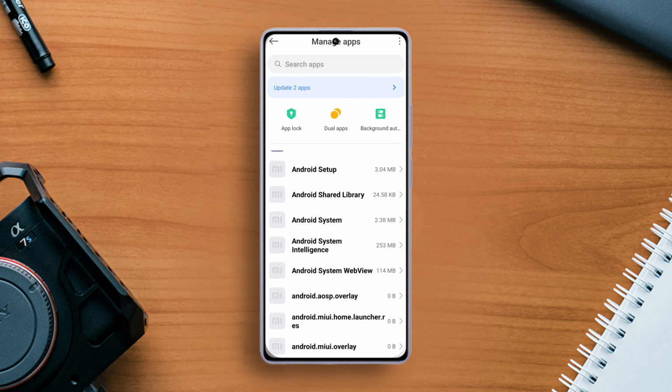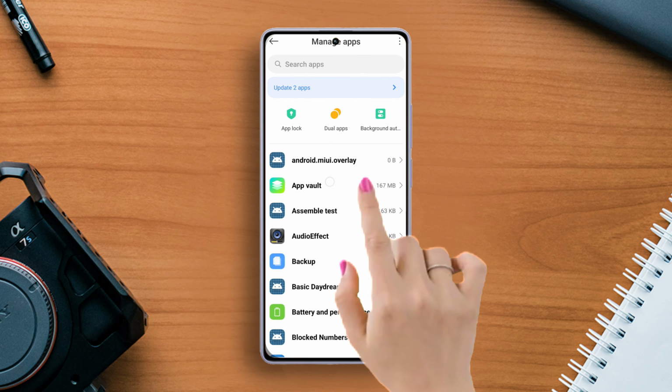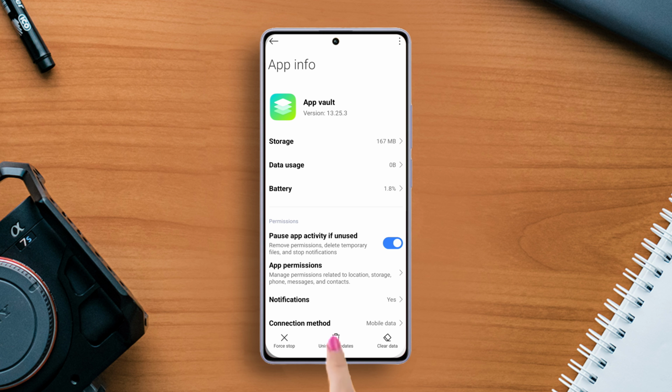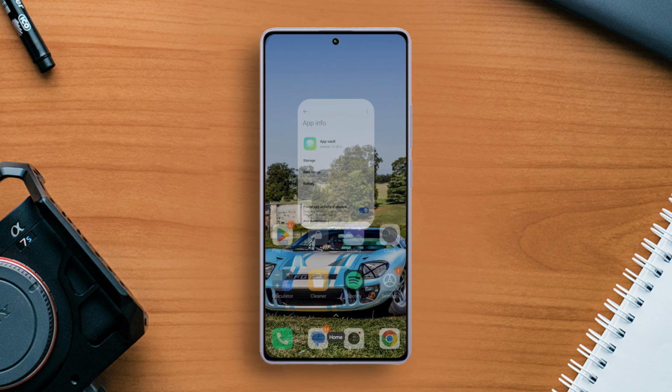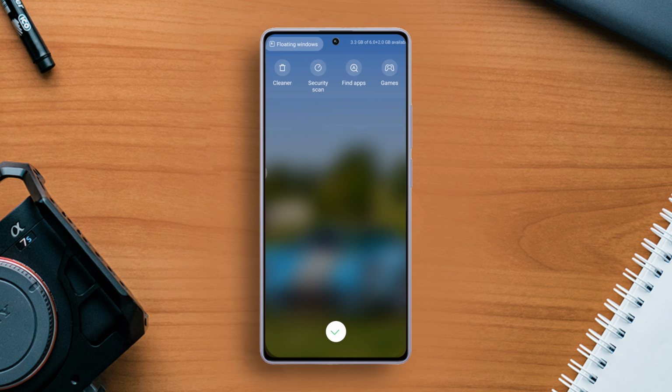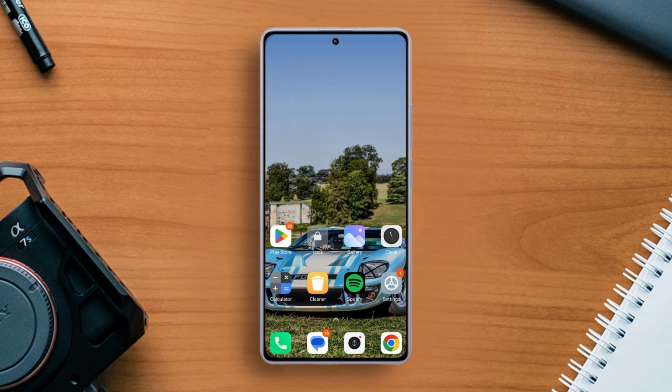Now find the system app that you want to uninstall updates of and tap on it. After that, tap on the Uninstall Updates button from the button bar. Then tap the OK button, and now the update should be uninstalled and the app would be returned to the default version. So folks, that's how you uninstall system app updates from any Xiaomi branded phone, whether it's Mi, Redmi